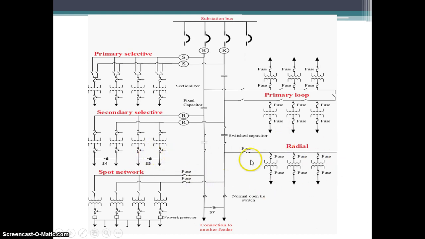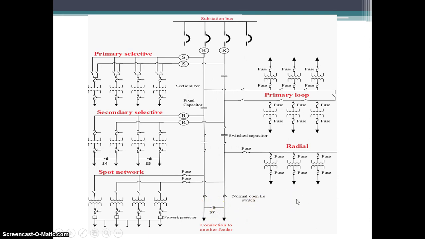Also in the radial type of system, as you know, fuses are used. In the radial type of system, only one feeder is taking one lateral out, and then the load is supplied. Also the sectionalizer switches are used in between the feeders, or feeder connection is possible here.